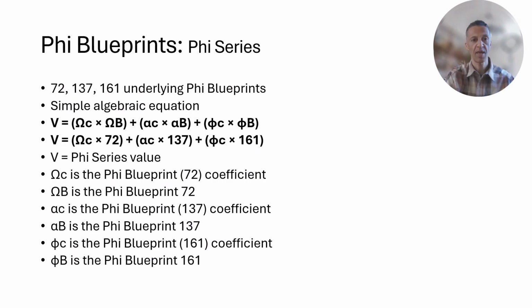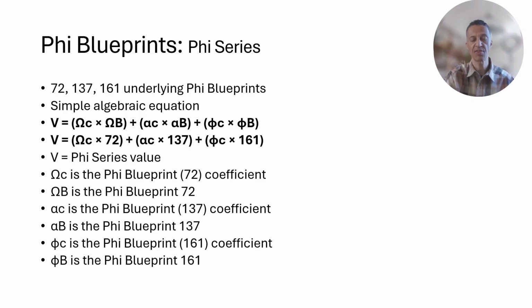So here we have the omega coefficient times the omega blueprint. So omega, I've assigned that to 72, and alpha coefficient times the alpha blueprint, and alpha I refer to that